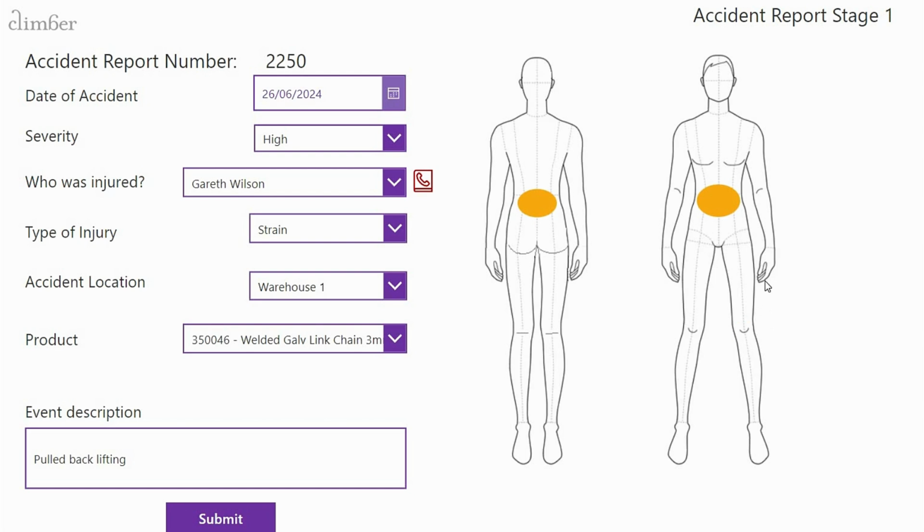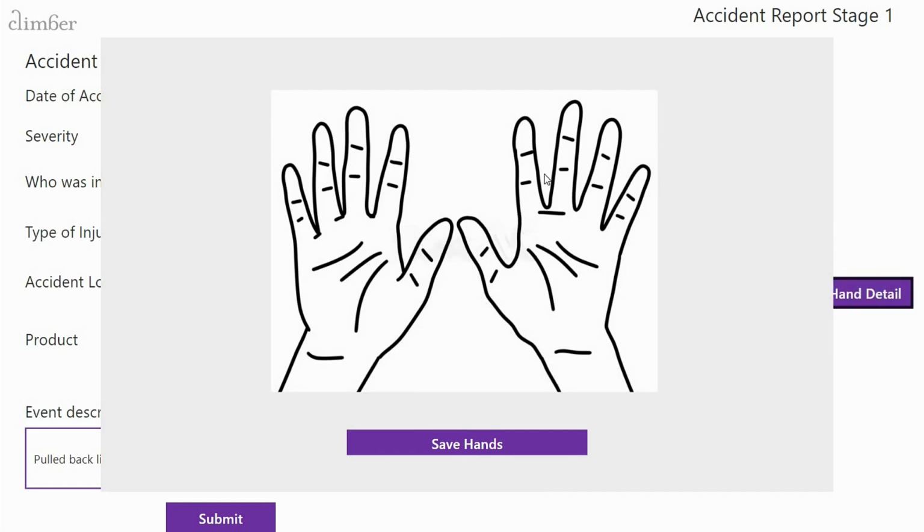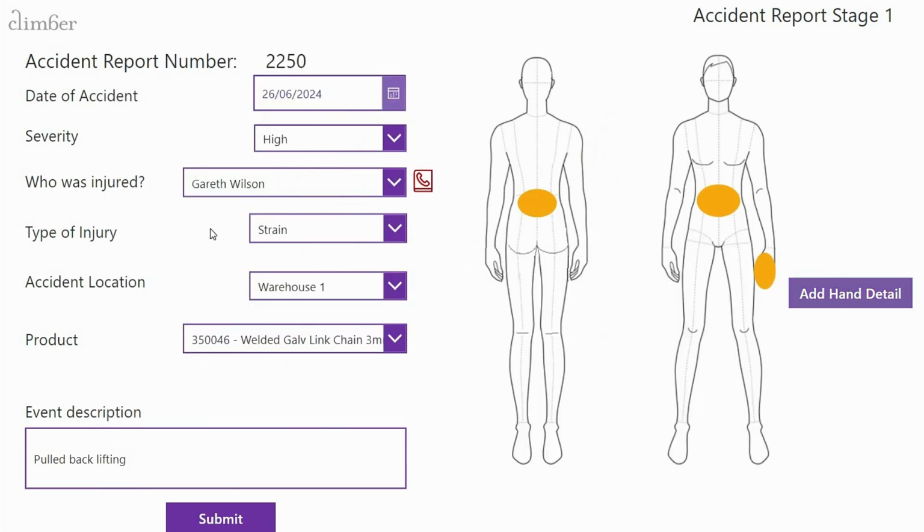We've also got the ability to add further detail. So if I select a specific hand, I've got an extra option to add hand detail. And from there, I can select specific parts of the hand that may have been injured. So I'll put a couple of fingers on there. And then very quickly, I've logged that first stage of the accident. Once I click submit,